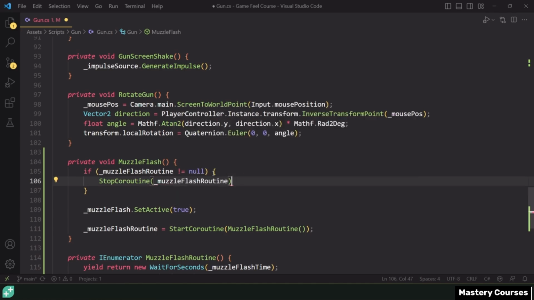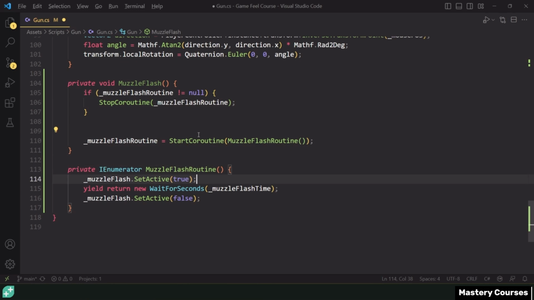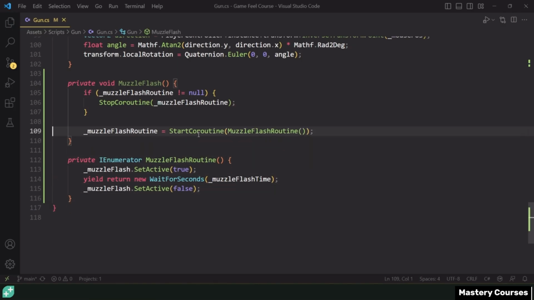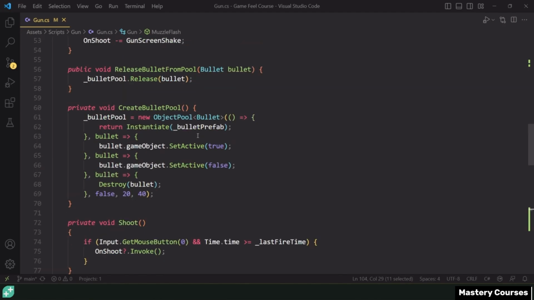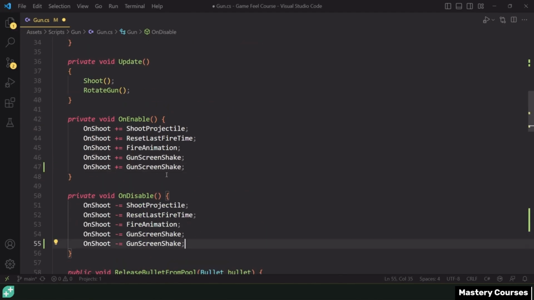So StopCoroutine. Which coroutine do we want to stop? The muzzleFlashRoutine. And this is perfect, but I think it probably makes a bit more sense to just start and stop it in the routine directly, even though the logic is the exact same. But I think that looks quite nice. Now all we need to do is subscribe our MuzzleFlash method to the onShoot event. So let's go ahead and just duplicate these two lines. I'll just copy and paste it there,